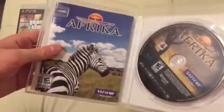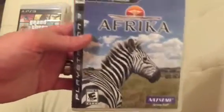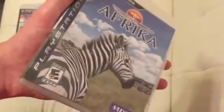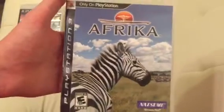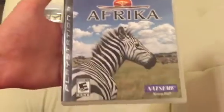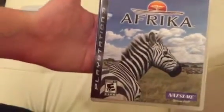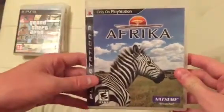So this is a complete copy of Africa. Proud to have it in my collection. It's one of the top 5 games that's inarguably worth having as a rare sort of game. And I do actually remember when this came out, thinking, interesting. Like that game looks fun, looks unique. Let's not say fun. It looks unique. And then I believe I remember seeing it in stores, and then all of a sudden it was just gone due to the rarity and the lack of selling. So not ideal that it left stores so quickly, right? But